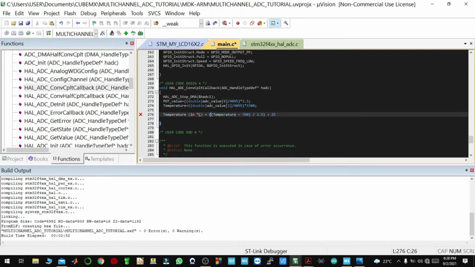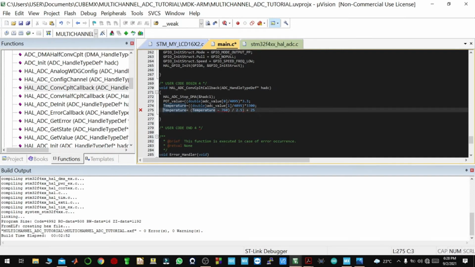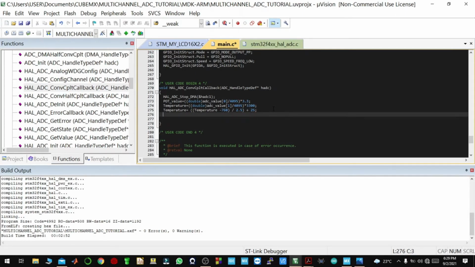So from here, our new temperature value will be temperature minus 760, divided by 2.5, plus 25. So then after this,